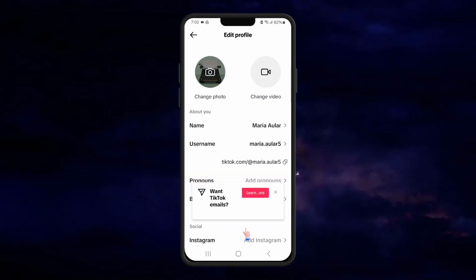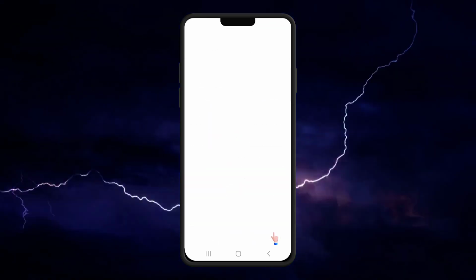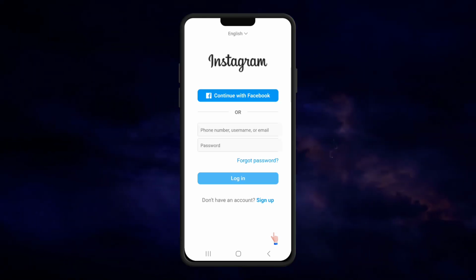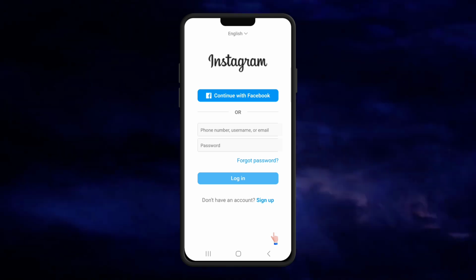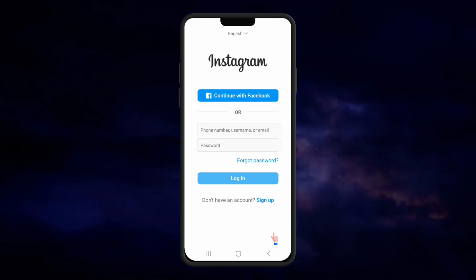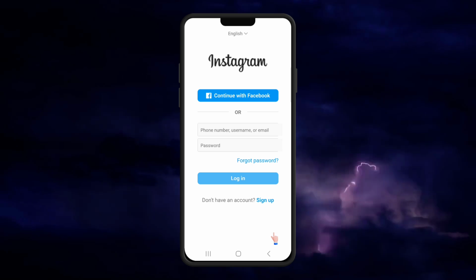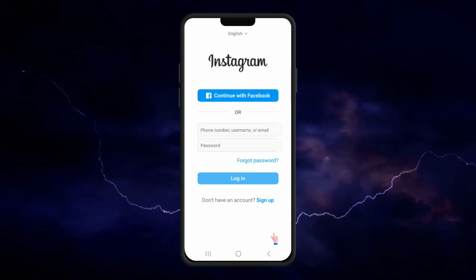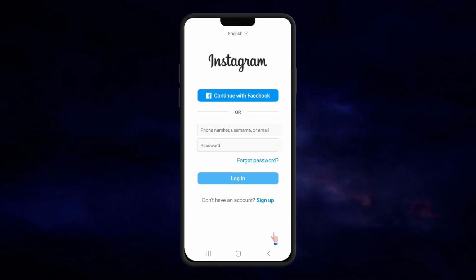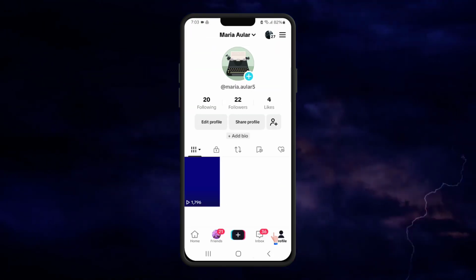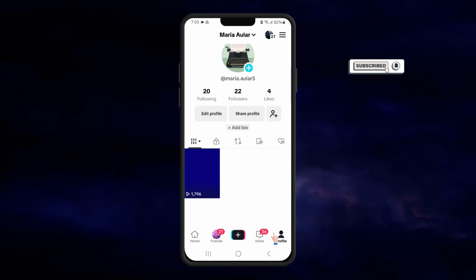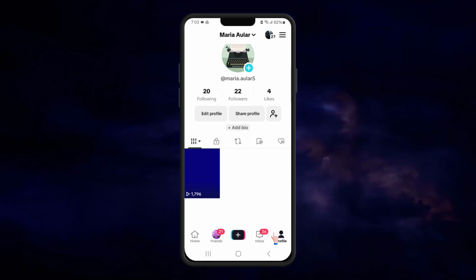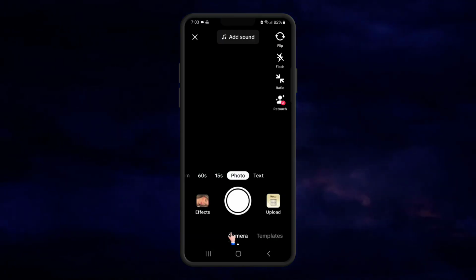Press it and go to the section to add your Instagram account, and we can see the option below that says Instagram. Where it says Instagram, we will have the option to log in. As we log in, we can link our account and it will appear in your profile. For example, in my case, I don't add a new Instagram because I have another TikTok, and